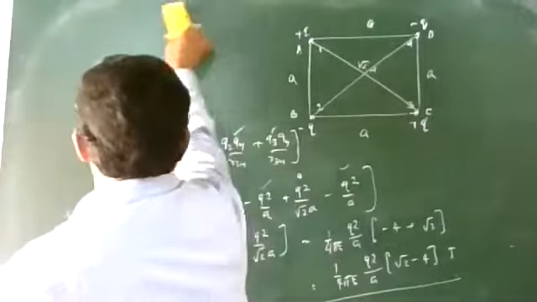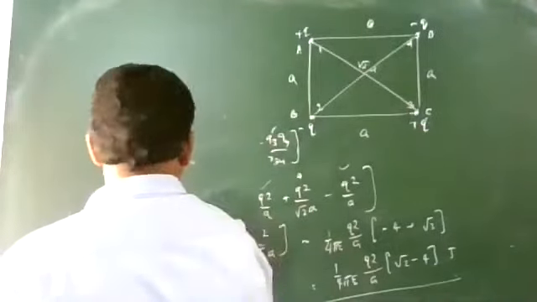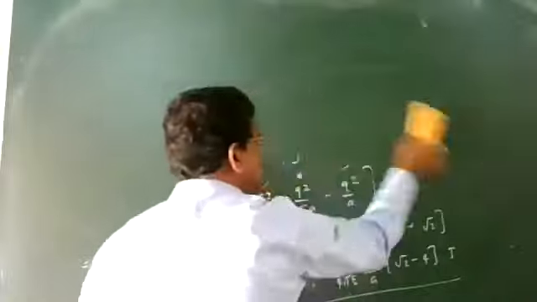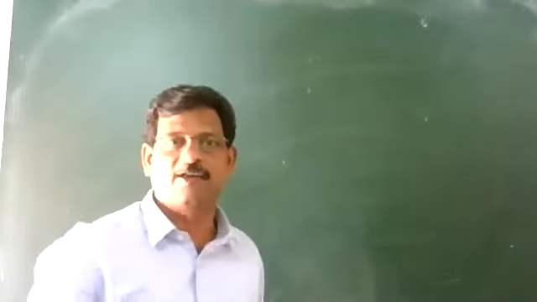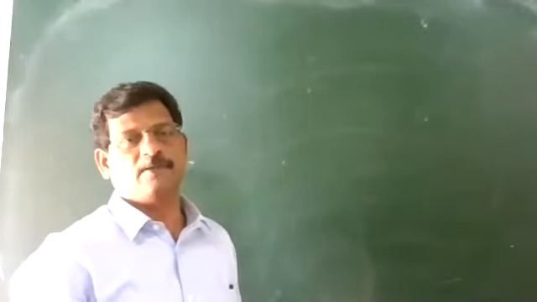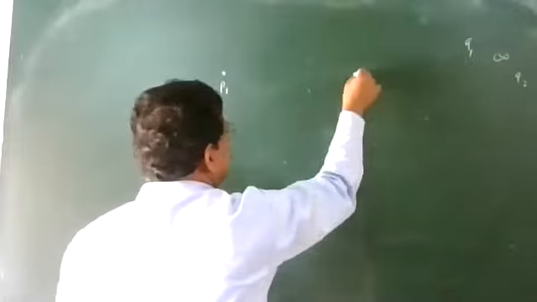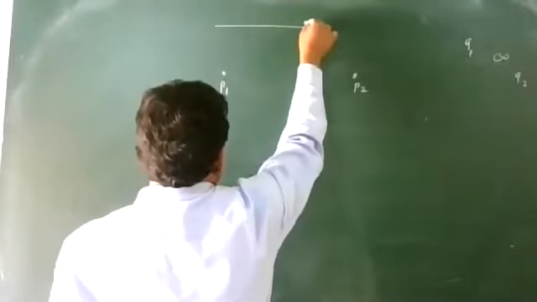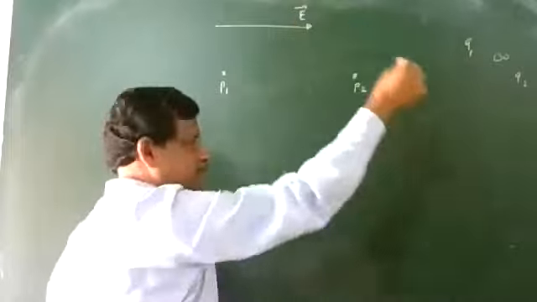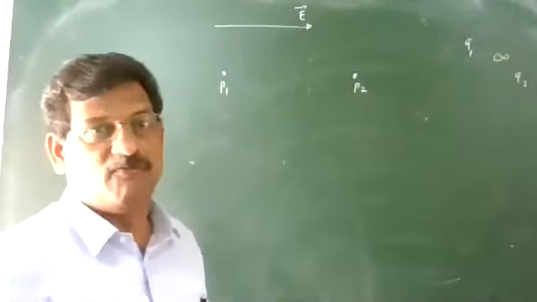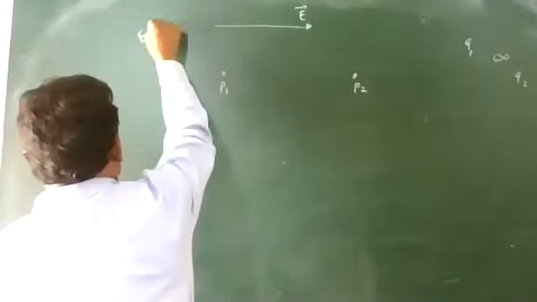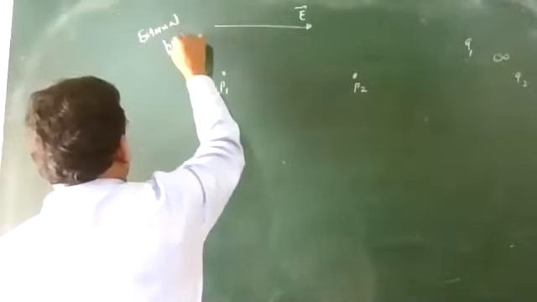The next heading is potential energy of a system of 2-point charges in an external field. Not free space; somebody is already producing electric field from outside. So two charges Q1 and Q2 are at infinite distance. You have to bring them to the points P1 and P2. But at P1 and P2 there is already an external electric field produced by someone. External field is already there. External field is applied by someone.